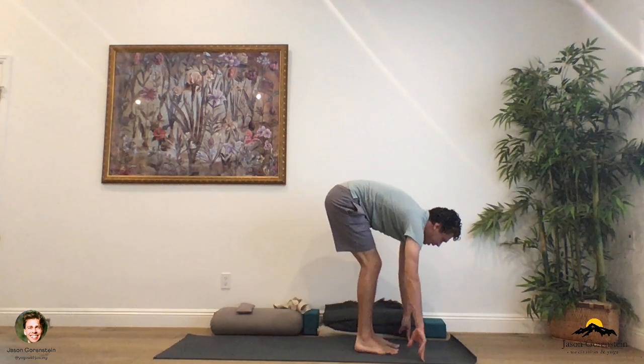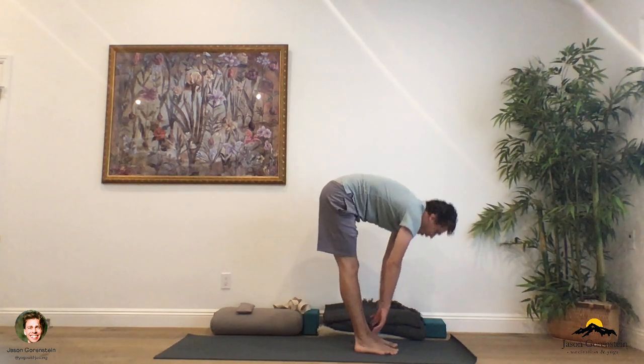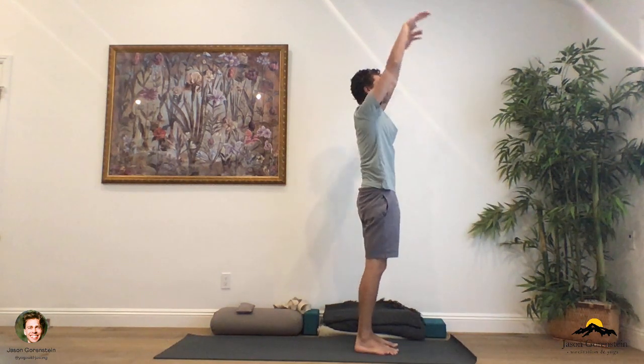walk the feet forward towards the front of your mat. Inhale, lengthening through the chest. As you exhale, hinge and fold. Inhale, sweeping the arms up towards the ceiling, Urdhva Hastasana pose, and as you exhale, glide the hands down to your sides. Take the hands to the hips, bend through the right knee, and begin to spin the right heel